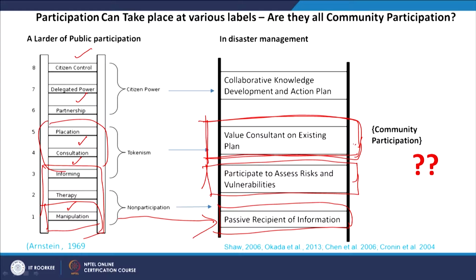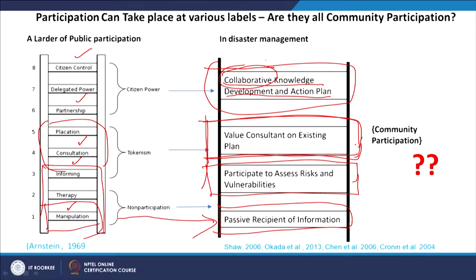Some more radical people in participation are saying this is not even enough. What we need is collaborative knowledge and action plan development. Collaborative knowledge. In that process, the community and the local leaders, plus the experts or the external agencies, they should